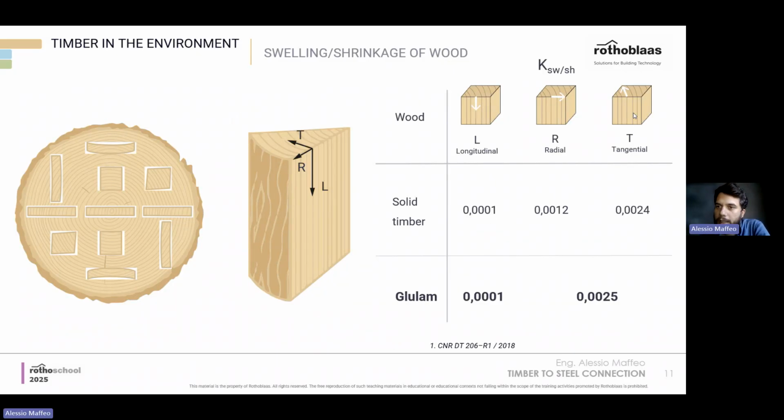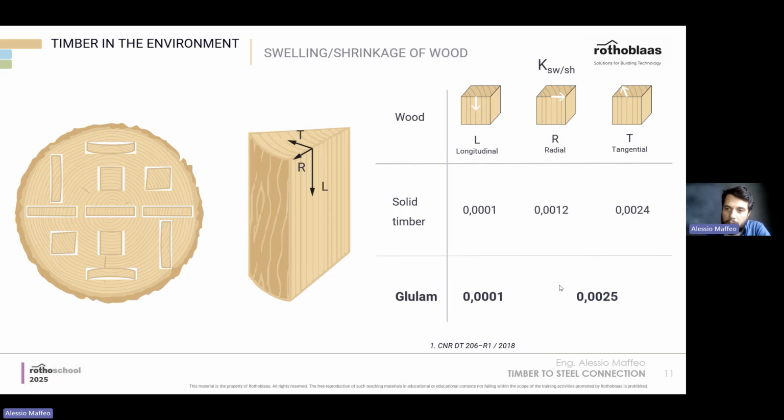Timber actually has different expansion rates. These are percentages, so these are actually dimensionless numbers explaining the change in dimension for each percentage of moisture content change. So this is the elongation. All of these values are the elongation of the timber member per each percentage point of moisture content